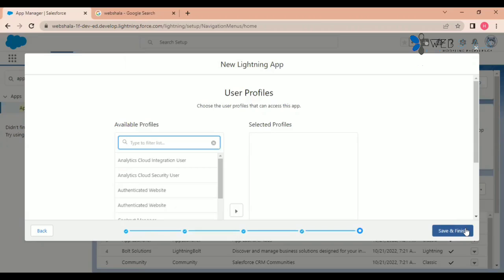For example, I'm creating this institution app. To which profiles it should be available for access. So you can control who can access this app. Here you can choose from this page, from this side. Here you can choose that only these users should be able to access this application. These users, like, for example, if